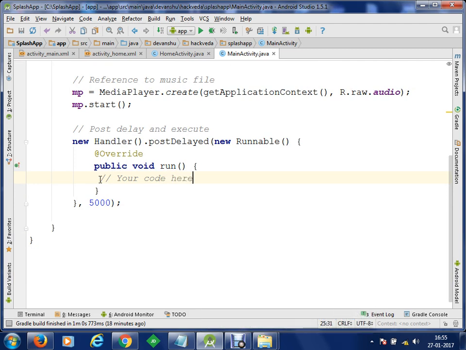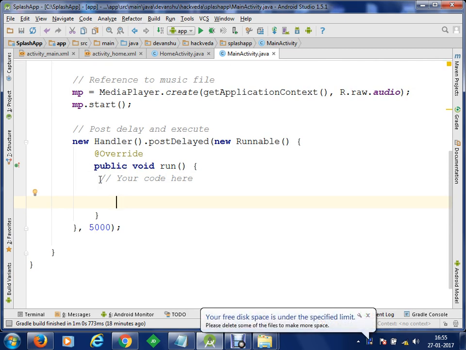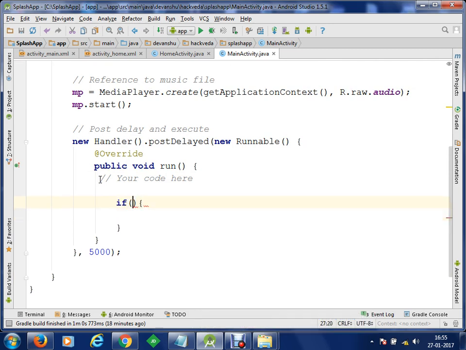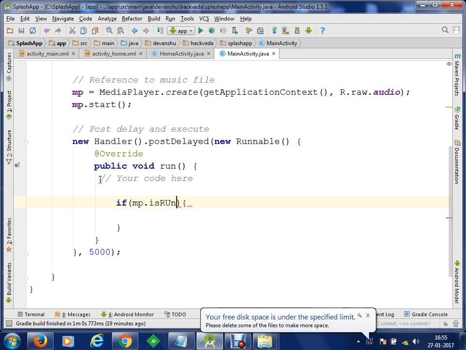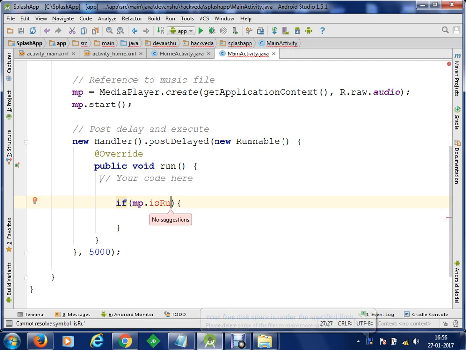Let's say what I want to do, after 5 seconds I want to stop my music and change from my current activity to home activity. To do this we'll do something like this. We check if the media player is running; if mp dot, there is a method known as isPlaying, sorry, we have a method isPlaying and it returns true or false.